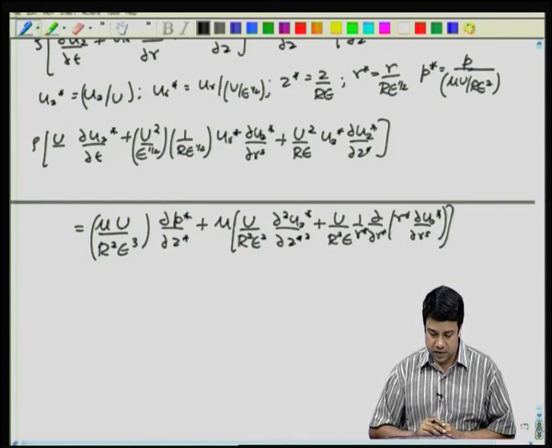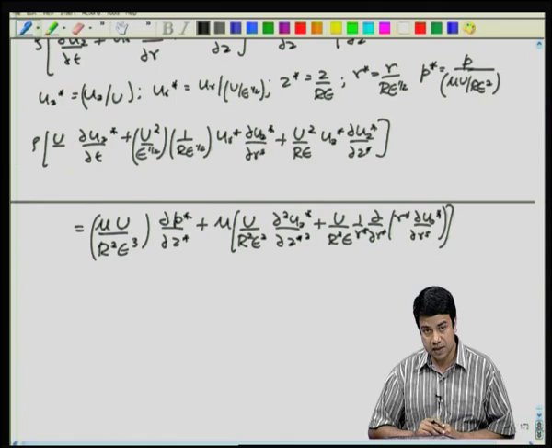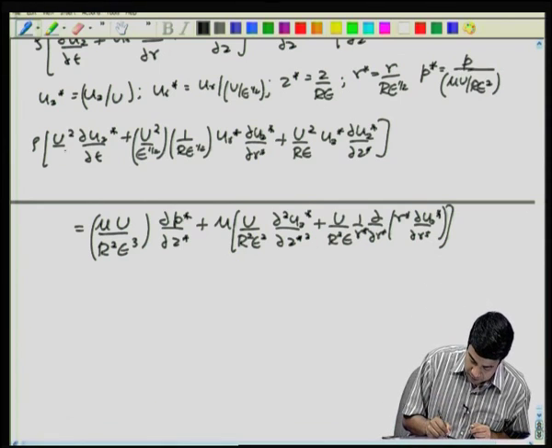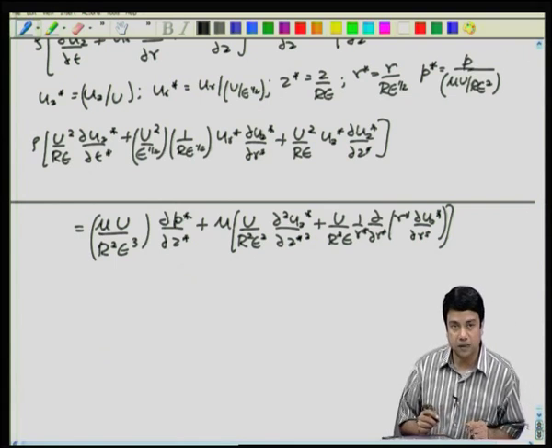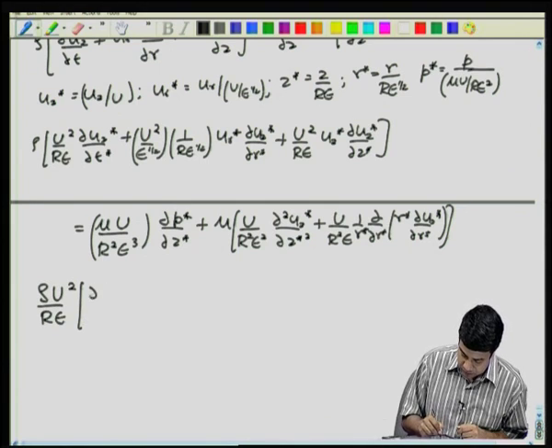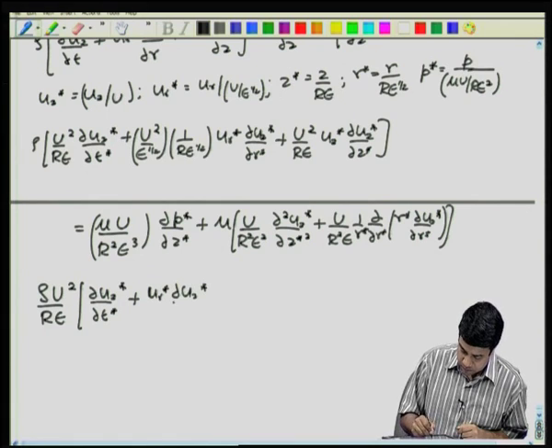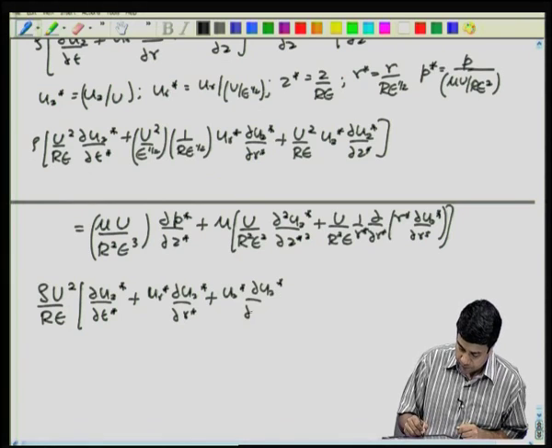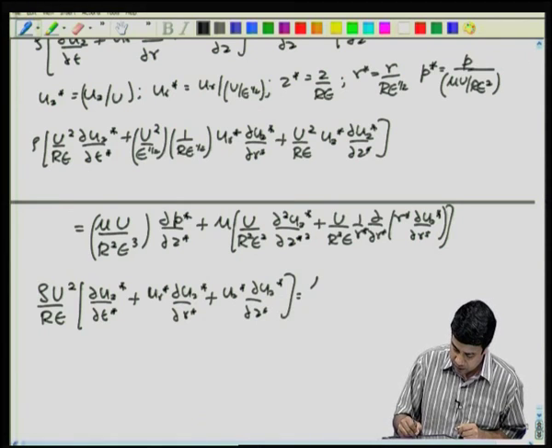So, on the left hand side you can easily see there is a factor of U squared by R epsilon which is common, okay, to all the terms. If I express the scale time as well, I will get U squared by R epsilon times t star. So, there is U squared by R epsilon which is common. Okay, so the equation becomes rho U squared by R epsilon into ... is equal to mu U by R squared epsilon cubed